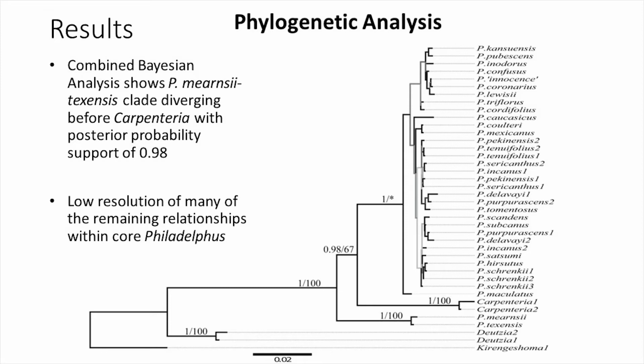So we gathered a couple other genera that were also closely related to Philadelphus, just to have a point of reference. So we expect these things to have diverged sooner in evolutionary history than everything else. And like we were testing before with our previous hypothesis, we wanted to see if Carpentaria was diverging first before all the rest of Philadelphus, or like we're showing in this tree, there's a sublineage of Philadelphus murancii and texensis that diverge sooner from the rest of Philadelphus. And the next thing that you see diverging is this other genus Carpentaria.